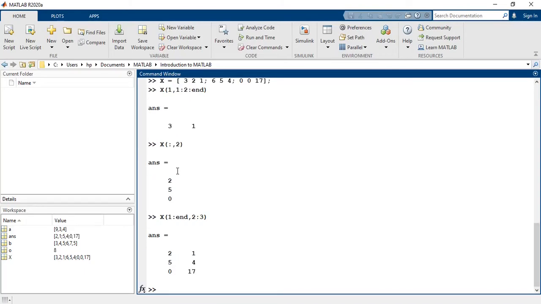So the next thing we are going to learn in MATLAB is plotting. First define a variable, then pass it to a plot command to see the results.